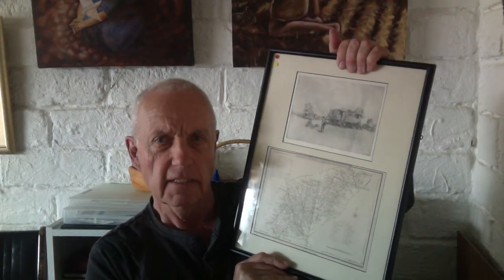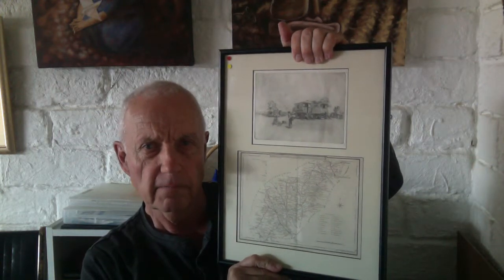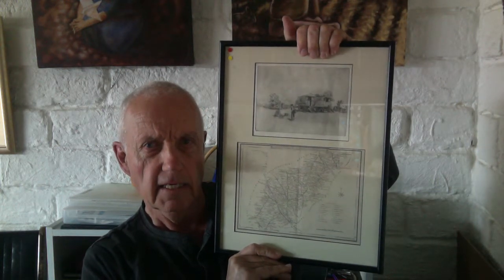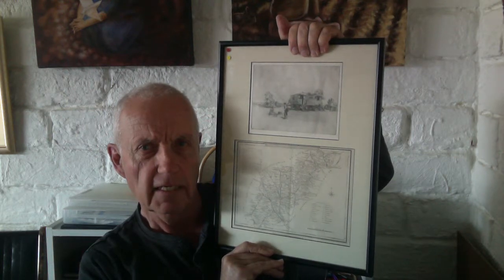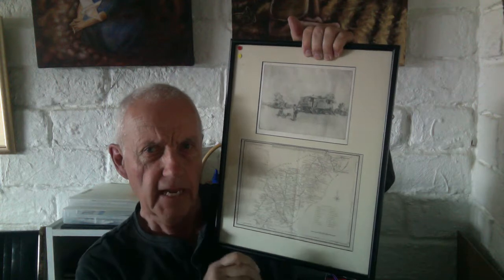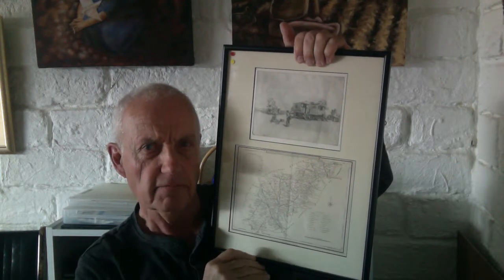Okay, I wanted to just talk about that for a moment. Try to get it so it's not reflecting light. So at the top is a picture from a Mrs. Tynan that I met in the town of Isham, and it's from a series of etchings that her husband did. And when Marion and I visited the town of Isham shortly after we were married, it was my second visit, she was preparing these etchings for an exhibition. So we looked them over, and I bought this one because of the gypsy interest. A couple of gypsies there